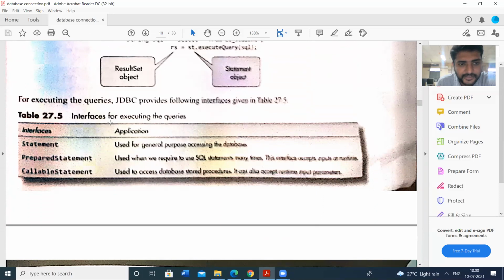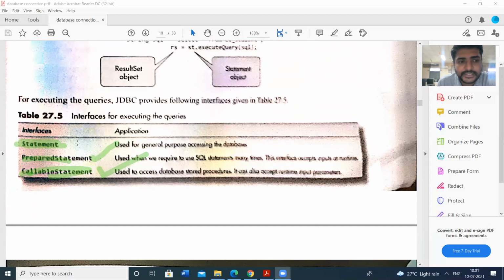There are some interfaces for executing the queries. Simply, we can use the Statement interface: Statement st is equal to, like that we can use. Other than that, we have the PreparedStatement and CallableStatement. These two are also available to write the queries.